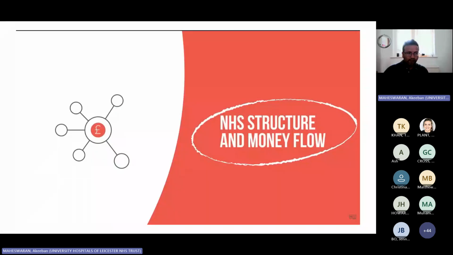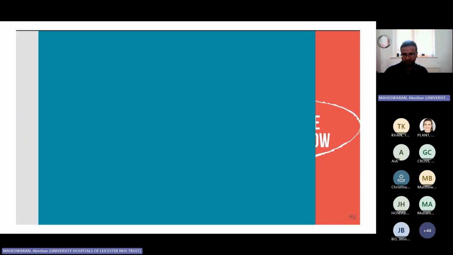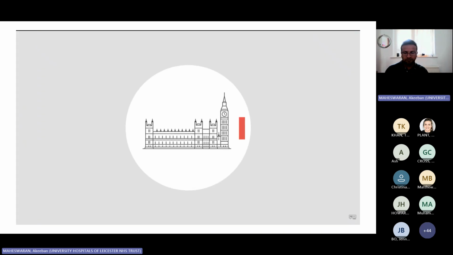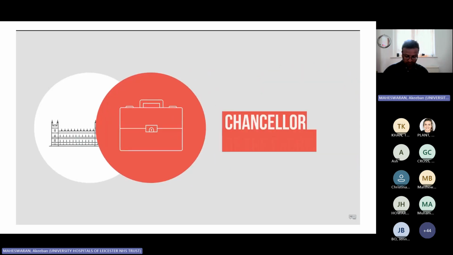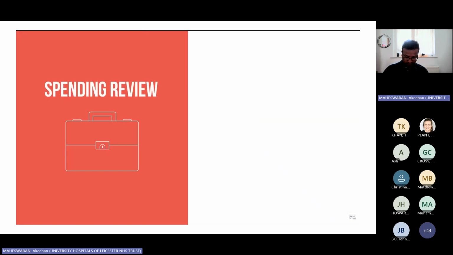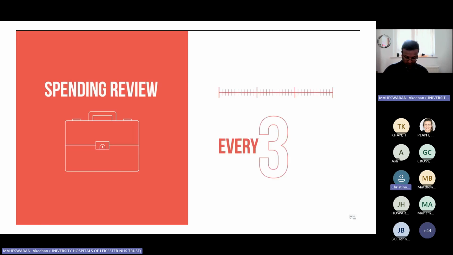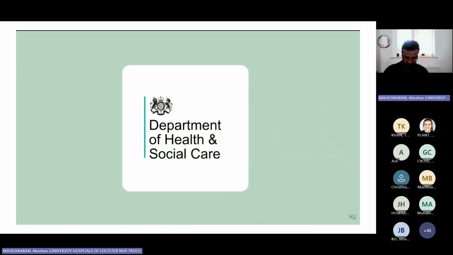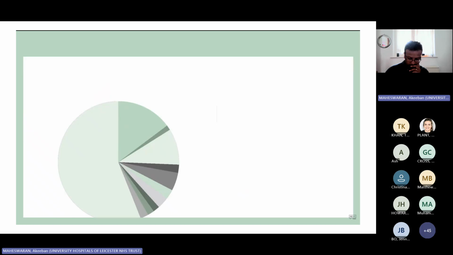This animation gives an overview of the structure of the NHS in England and describes how the money flows. How public money is spent is determined by Parliament, and more specifically, the Chancellor of the Exchequer. Money allocated to healthcare is determined by the Spending Review, which is usually every 3 years, and amended annually by the Budget Report. The government department responsible for healthcare is the Department of Health and Social Care, which has the